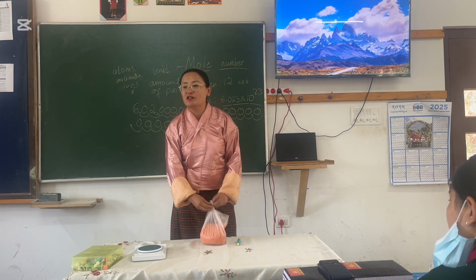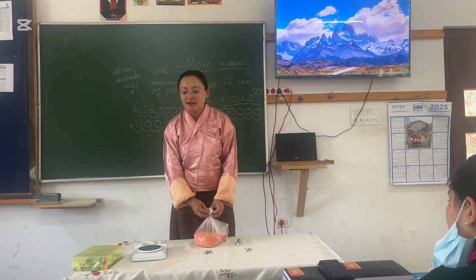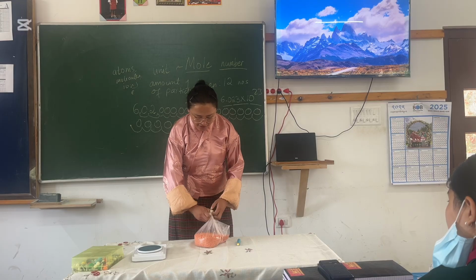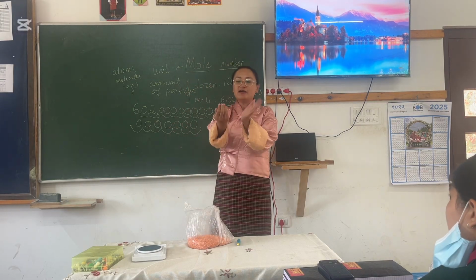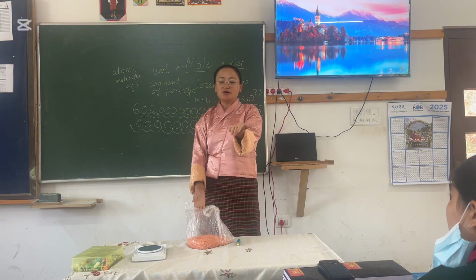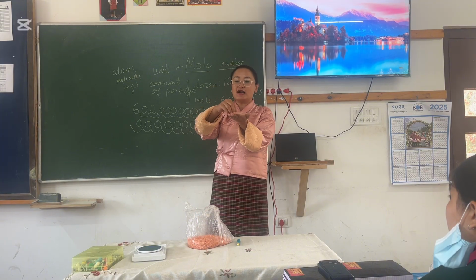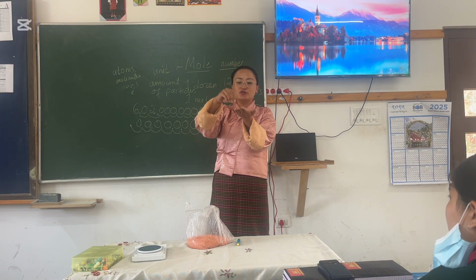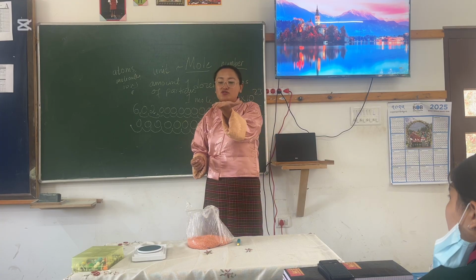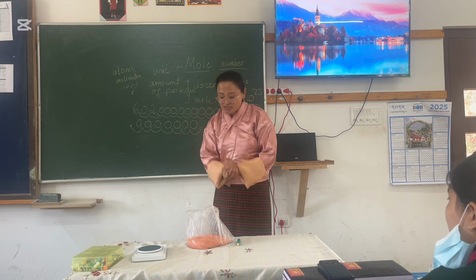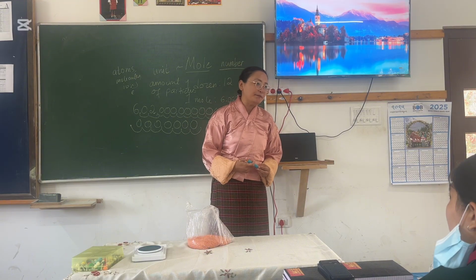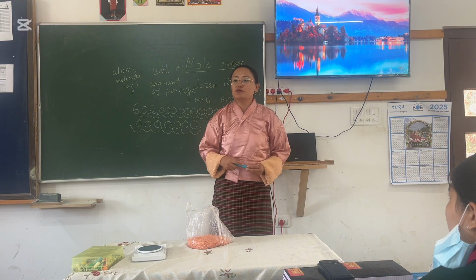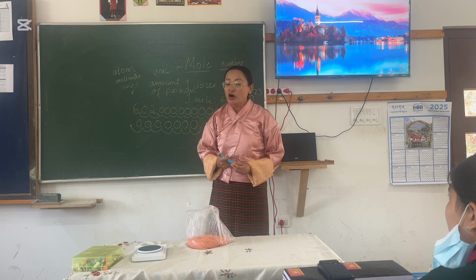But the question is, will you be able to count this? No, it will take you forever. Like I said, even when you die, you won't finish counting this. But if I ask you to count a small number, for example here 1, 2, 3, 4, it's easy to count these lentils, right? But atoms and molecules are so tiny, you can't finish counting them. Forget about it, you can't even see atoms and molecules.